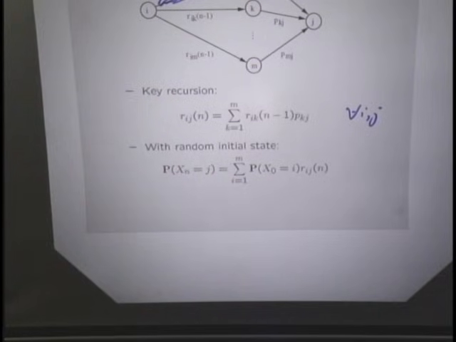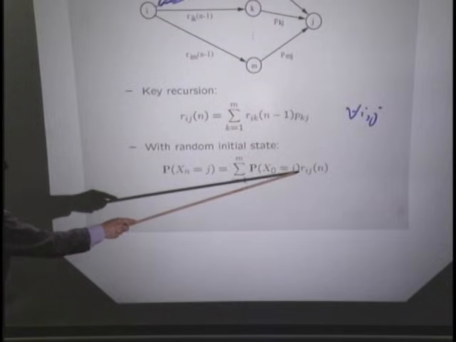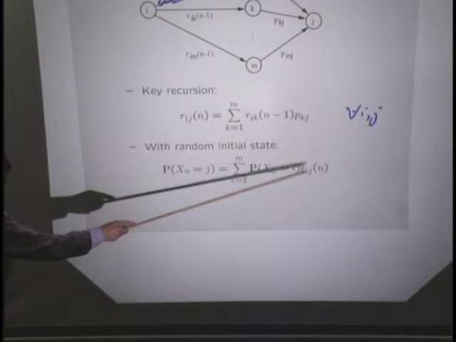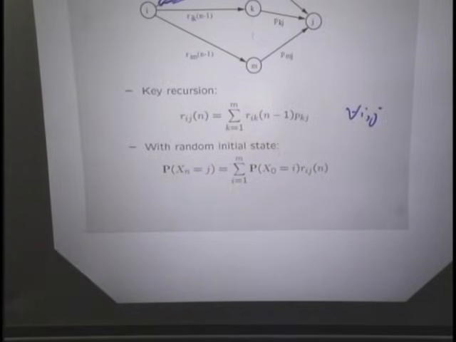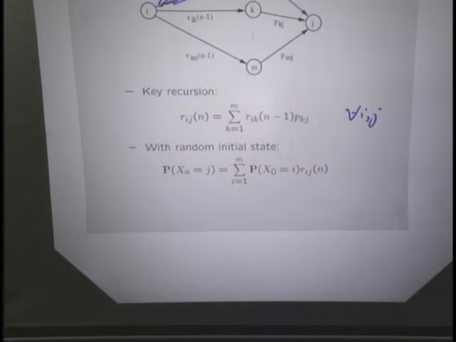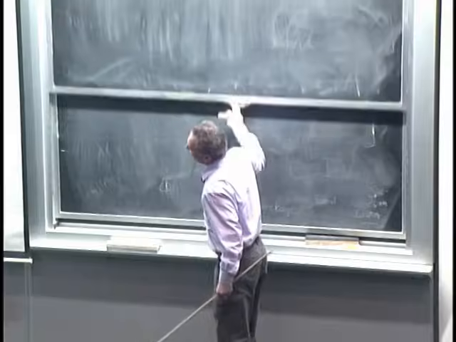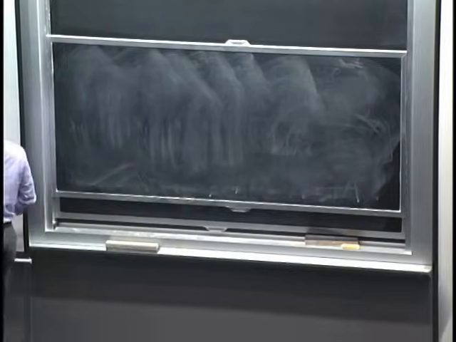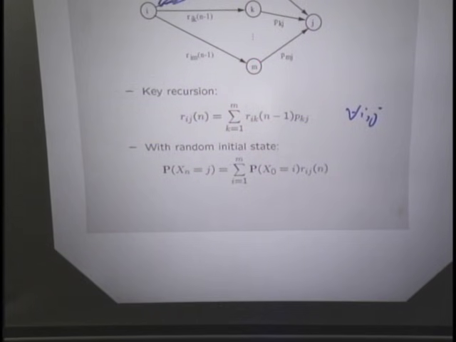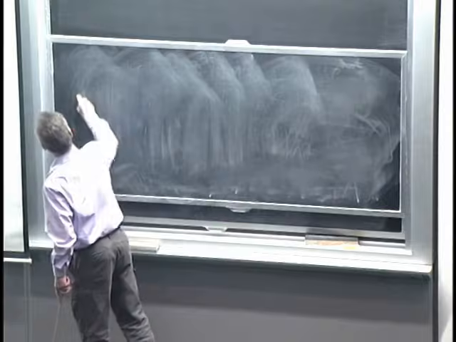Well, again, total probability theorem, you condition on the initial state. With this probability, you find yourself at that particular initial state, and given that this is your initial state, this is the probability that n time steps later, you find yourself at state j. Now, building again on the same idea, you can run recursions of this kind by conditioning at different times. So here's a variation.